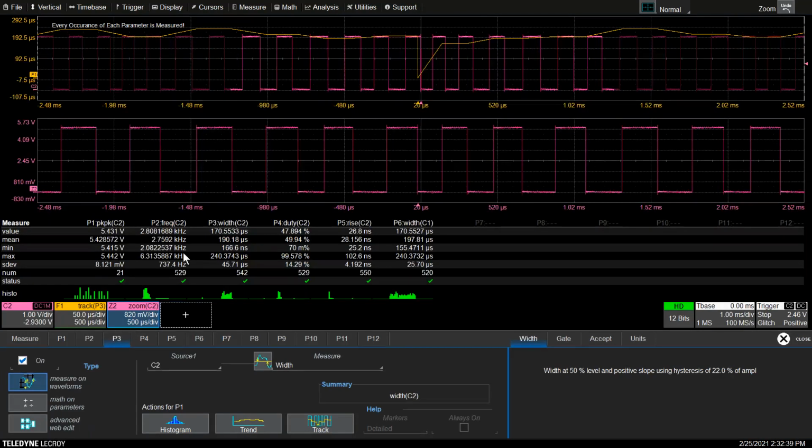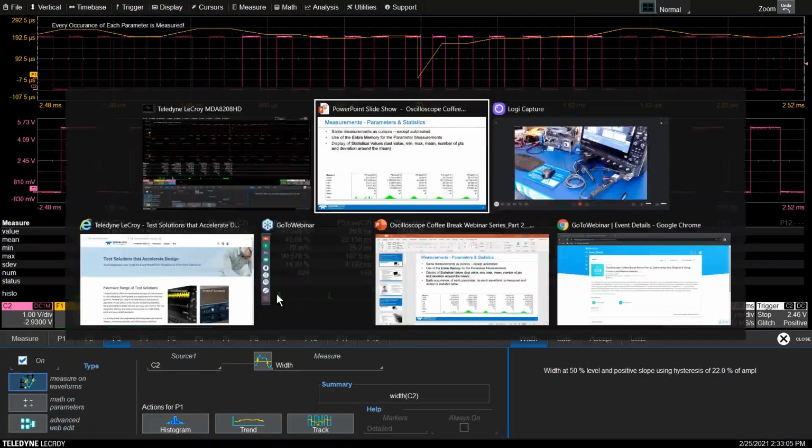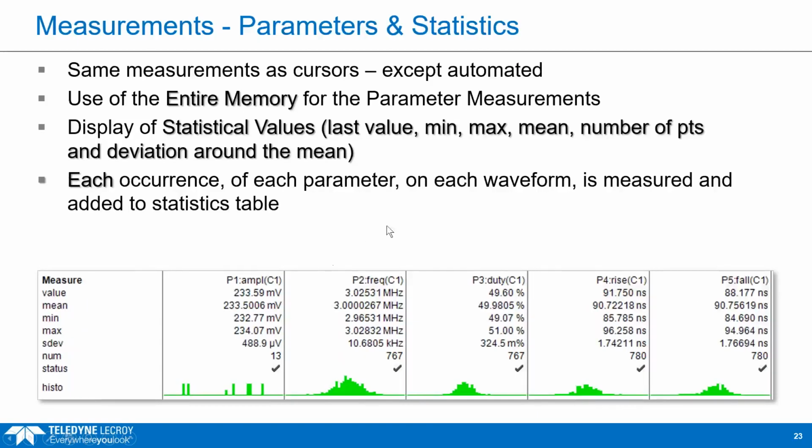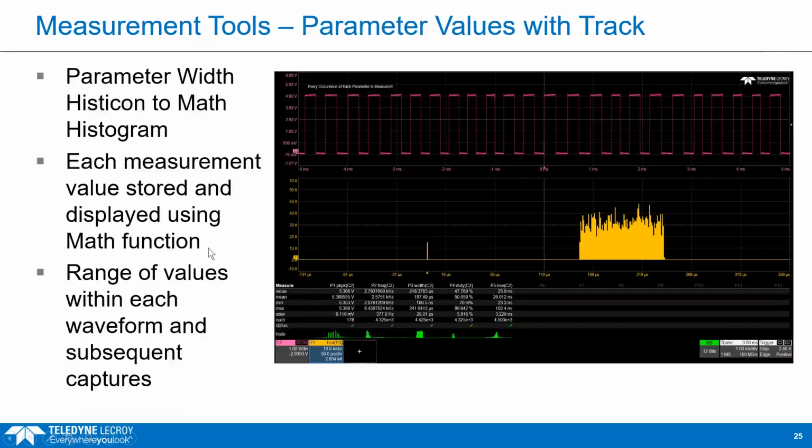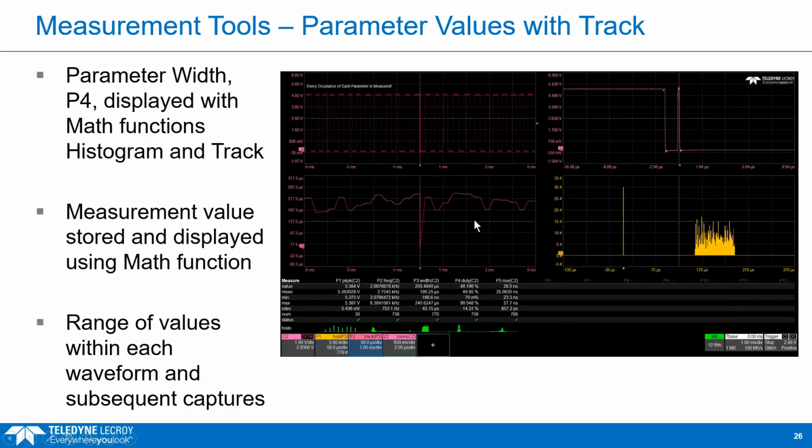So that is using a track in the parameter, and we can trend multiple acquisitions, same thing, except it's going to save data from previous acquisitions and build up a new math function called trend. And of course, the histogram is a live version of these histicons. So I am just using this coffee break to just say, hey, don't forget there are other features in oscilloscopes that you can use to help you validate. If I come back over here, this is really the backup to, I won't show that now, but you can see we've got the parameter values with the track displayed. Here I went to a quattro grid, and